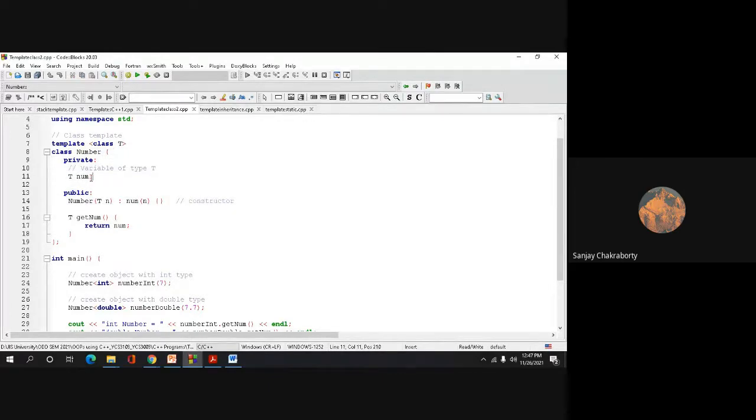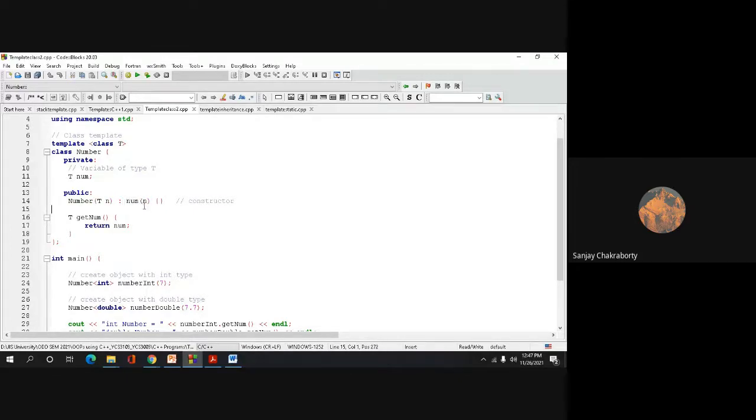Within the class template, we have defined a private variable num as a T parameter, type T, and a public member. This is actually a constructor call, a number whose variable type is N. Okay, this is actually a constructor, and this is the function within the constructor, right?